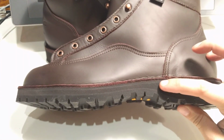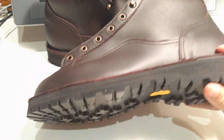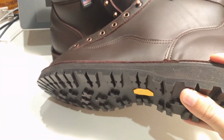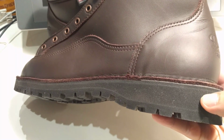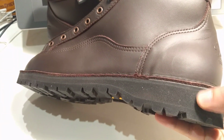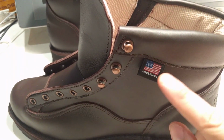We've got the stitchdown construction here that you're looking for when you're looking for a recraftable boot, and these are the Vibram Kletterlift sole, kind of a classic lug sole outsole. Good traction there. And there's a nice dense foam middle to this outsole that should provide some decent shock absorption as well. We're going to go past this nice Made in the USA tag to the